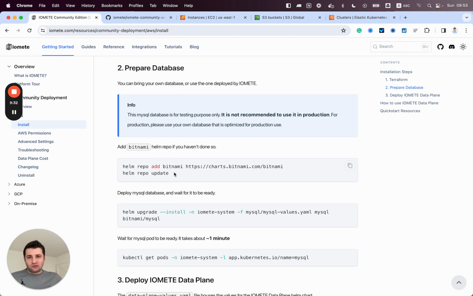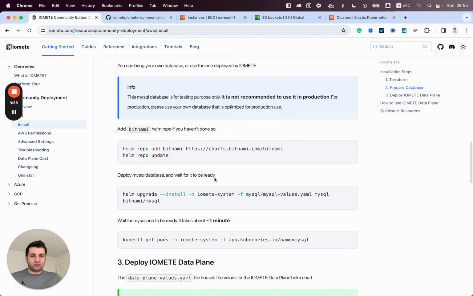This is not a production ready one, it's just for test purposes. For production deployment, you can use RDS instances, or you can have your own deployment of MySQL on Kubernetes that is production ready. So for this demo, it's fine to have a test environment.